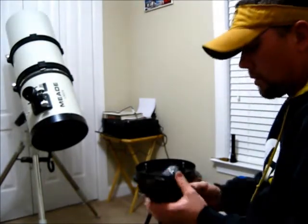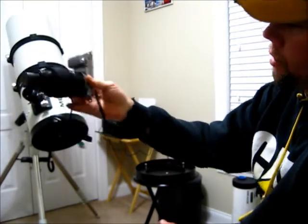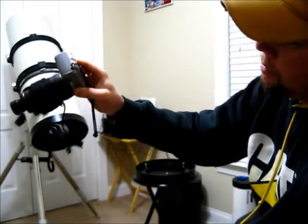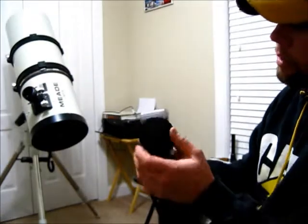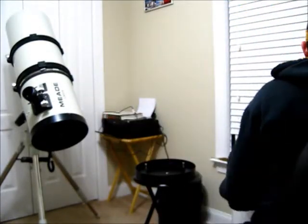Oh yeah. So right there, now I've got my dew heater on there, or I can move it up to the camera adapter, or I can even wrap it around the camera if I want to keep the camera a little warm. So I've got dew heaters for my eyepieces, and the reason I bought 2 of them,